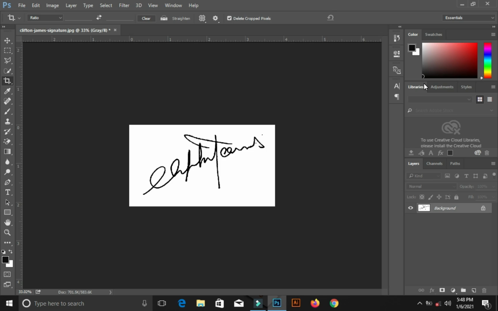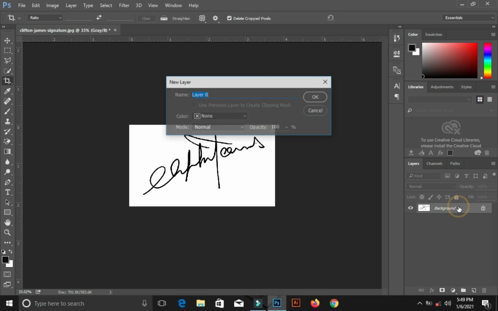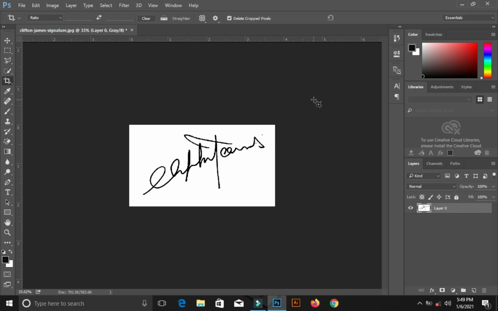So the next step for us to take is to unlock the layer. For me to do that, I double click on the layer. It brings out this option, hit OK. After that, the next part is the part that enables me to remove the background of the signature. For me to do that, I move my mouse